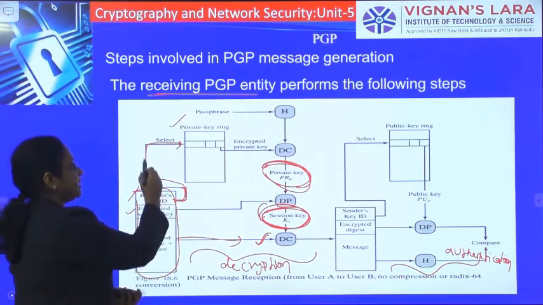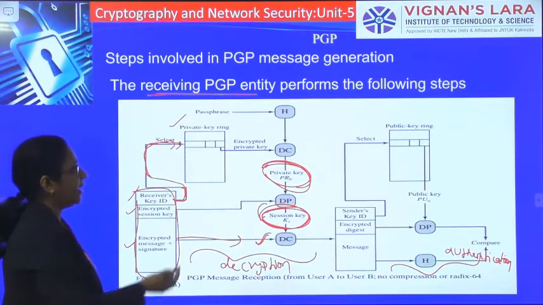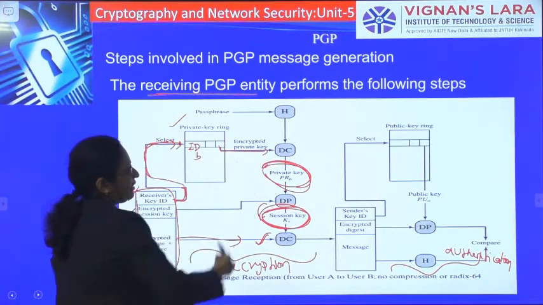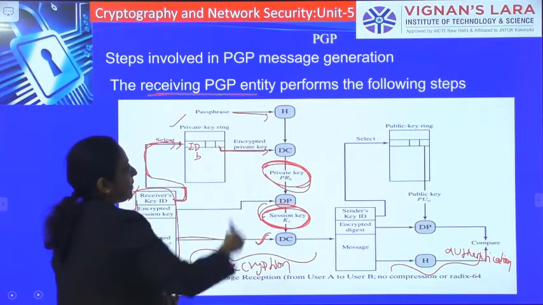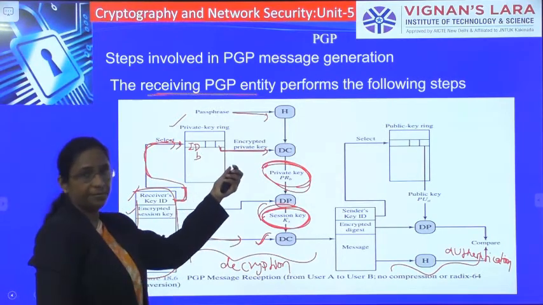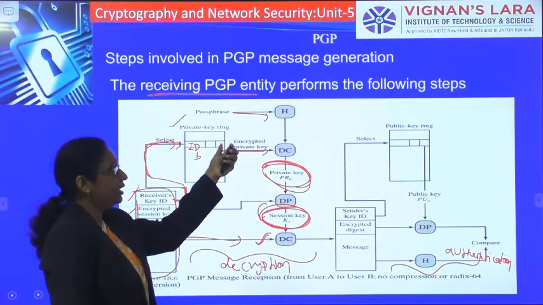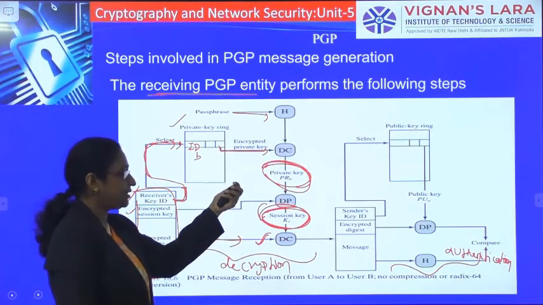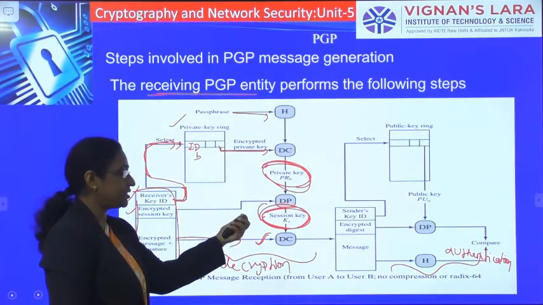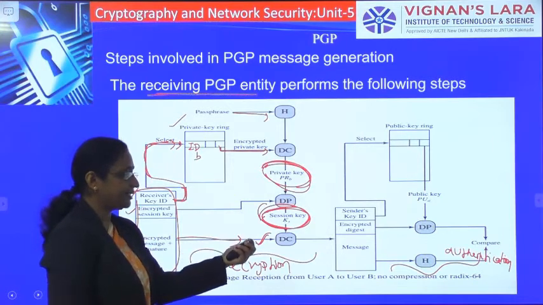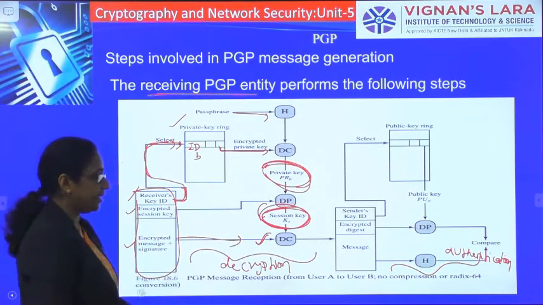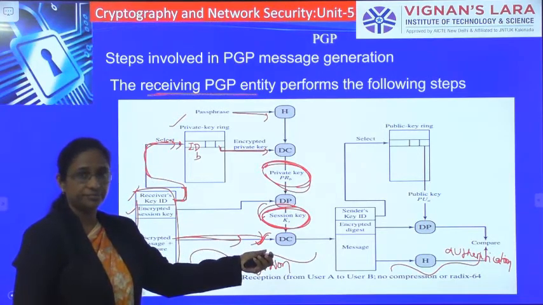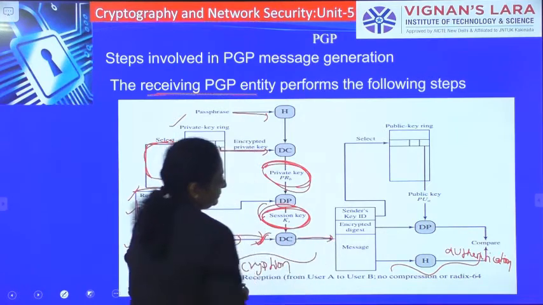Here we will be searching the ID of the receiver, based upon the receiver ID like IDB. We will be getting the encrypted private key, and again by taking some password we will be decrypting the private key and achieving the private key. By using this private key, the session key will be decrypted and we will be getting the session key. After getting this session key, the message that we have is decrypted.